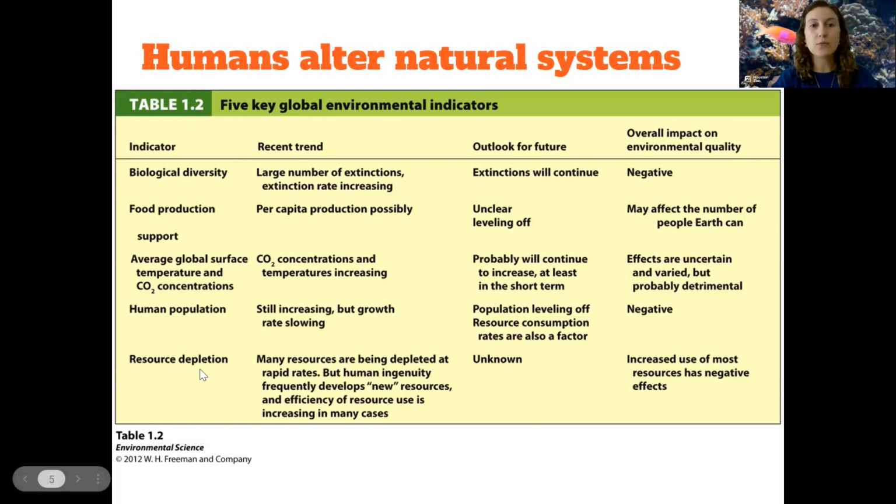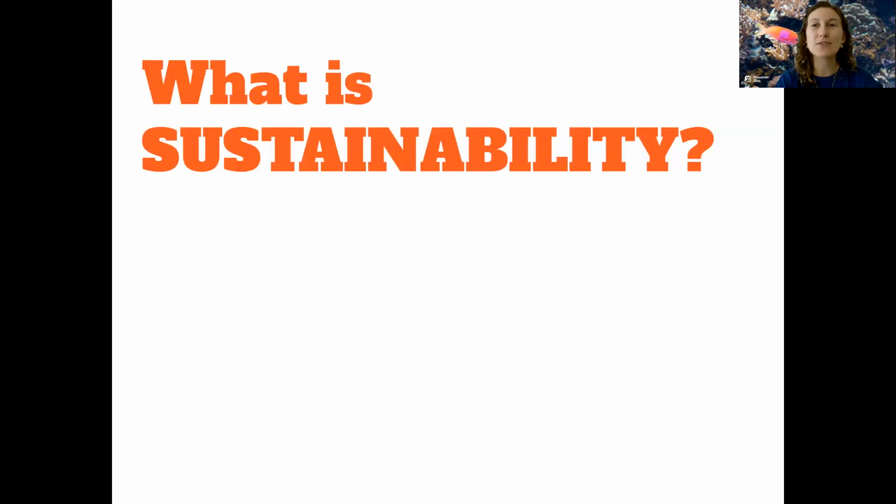Human populations and resource depletion. Resource depletion should probably be very forefront of your mind if we just did the Tragedy of the Commons lab. A lot of people made their little ponds extinct. So resource depletion is also another way that humans alter systems. This ties into a very key term, which is called sustainability. I invite you, if you would like, you can pause the video real quick and think, what exactly is sustainability? What does that bring to mind?